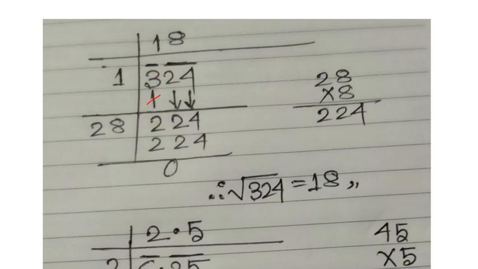Then next step, you have to multiply by 2 always with your quotient. So the first time I have taken 1. Now we have to multiply 1 by 2. So 1 into 2 is 2. Then here you have to subtract: 3 minus 1, 2. Then for the division method, all the digits under the bar symbol will come down. See here, 2 and 4 will come down together. Not only 2, not only 4. Together 2, 4 will come down.